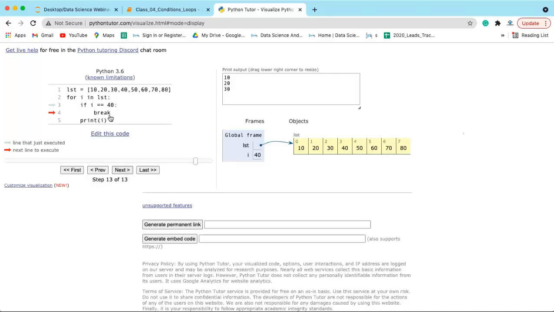It will now execute this break statement. As soon as this break statement is executed, we will exit the loop. We will not execute the further code inside the loop. Clear? So remember, break and continue are used only inside the loop because loops are iterative statements. They execute a block of code a number of times. So we have to use break and continue there only because we may need to break or bypass some step of execution, right? So this is the break.